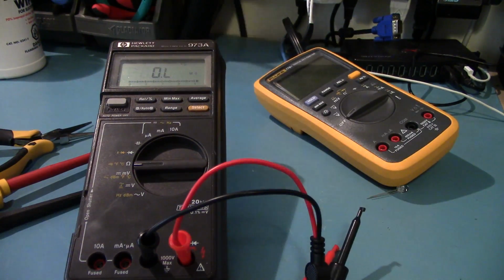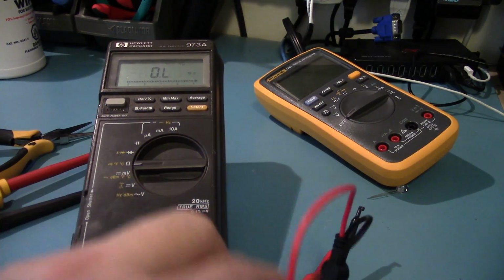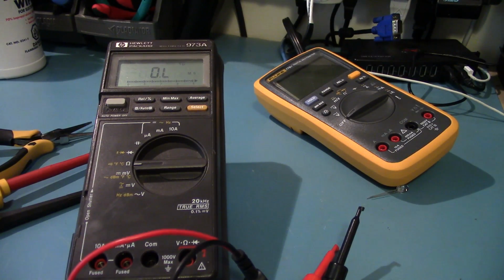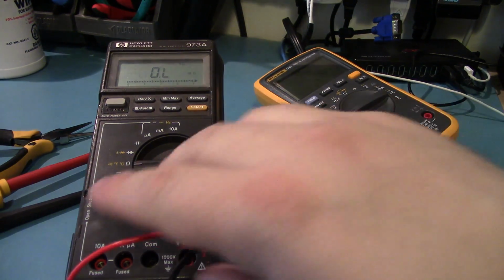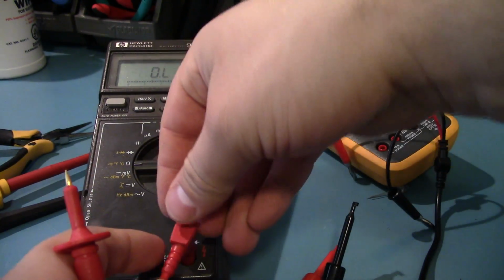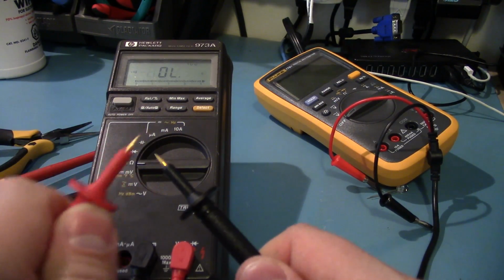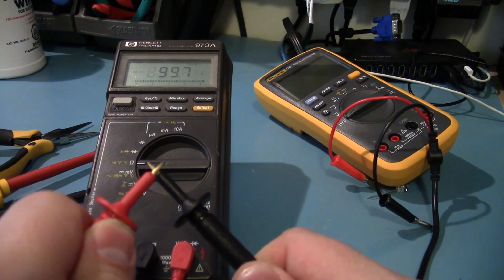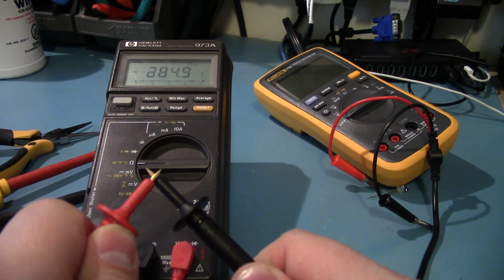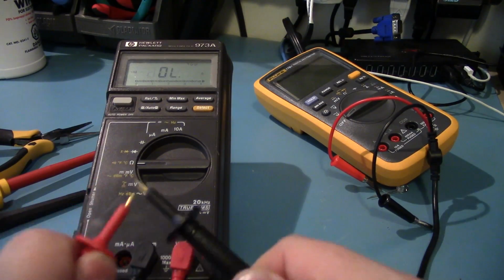And the other thing I wanted to check was the continuity mode. Let me use my lovely Probe Master probes for this one, just because those little clip probes are so cheap. They're like 95 cents on eBay. Let's use some real probes for this. Alright, we'll try this continuity mode. Ooh. It's pretty slow. It's latching, but